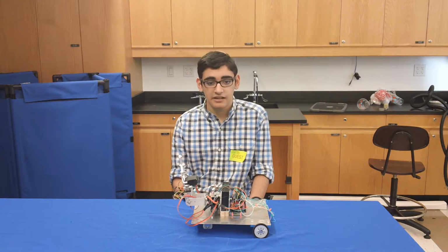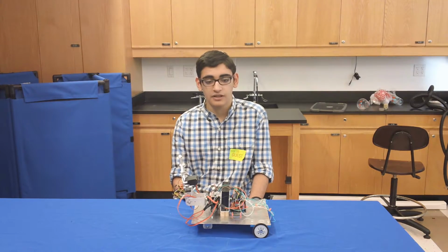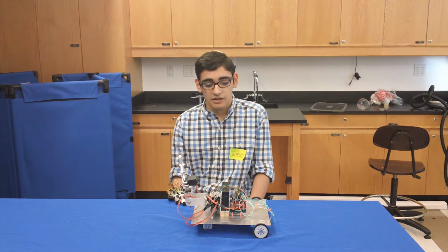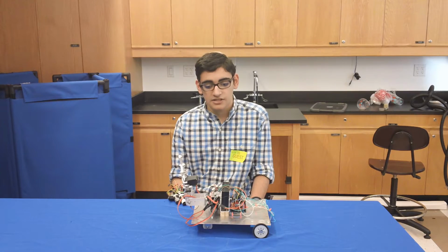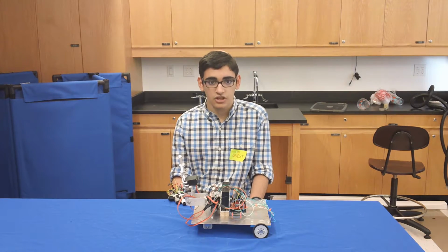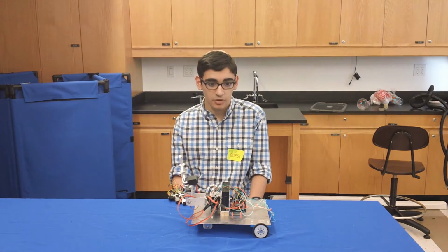After I checked it, I realized that it couldn't be that because everything was working perfectly, and I realized that the problem was that there wasn't enough current. So I added a second battery to compensate for this. I have 2 batteries, one that's controlling all the servos and one that's controlling the Arduino board and the DC